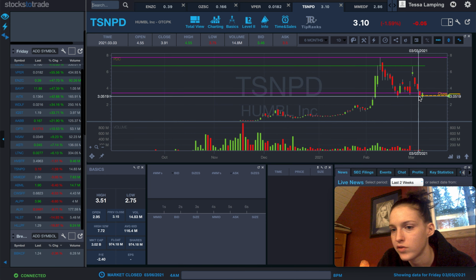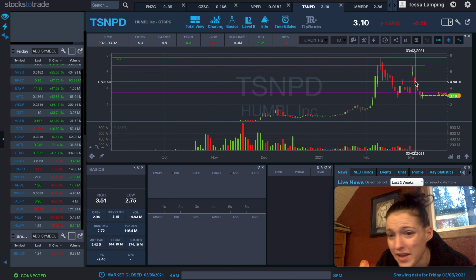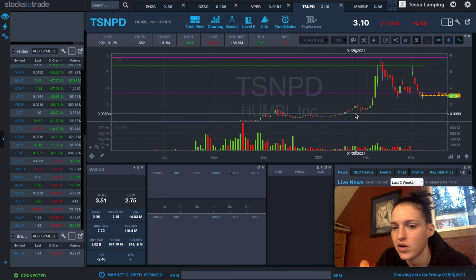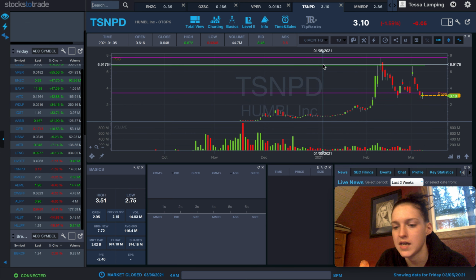It held this level, but if it had this green day, gapped up. This green day gapped down. So, but then it had the breakout right there, and the breakout right there. So it has a better history of going up the second day than not. But